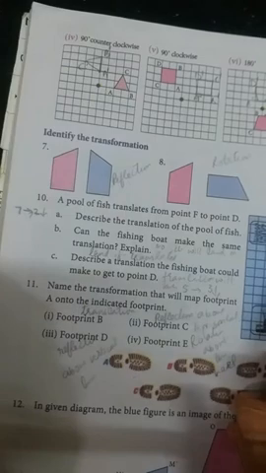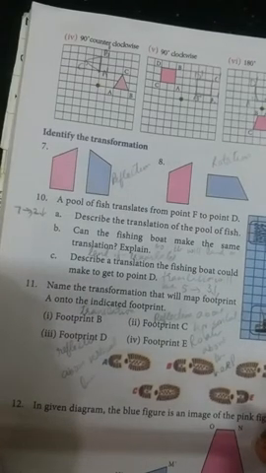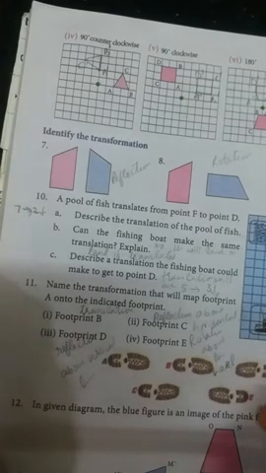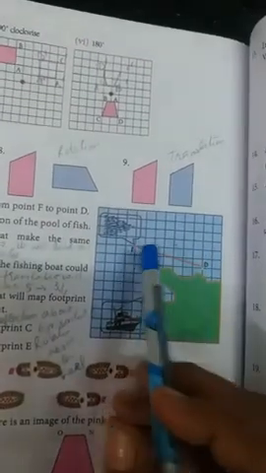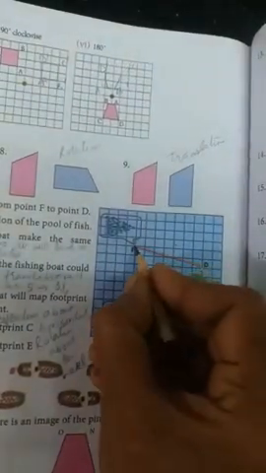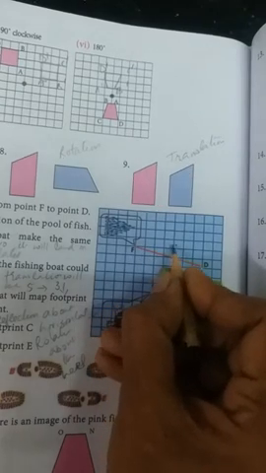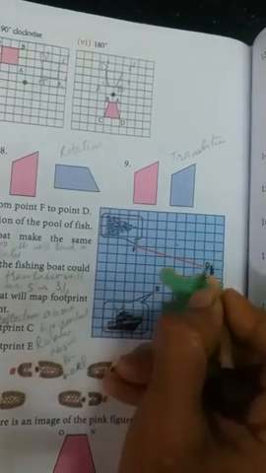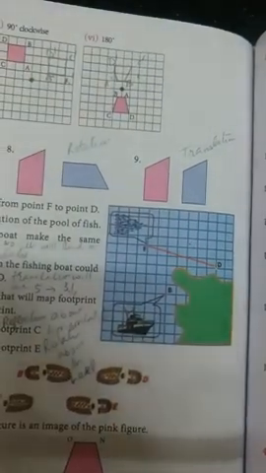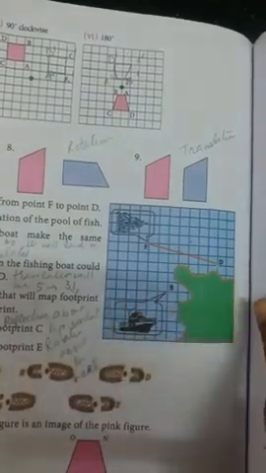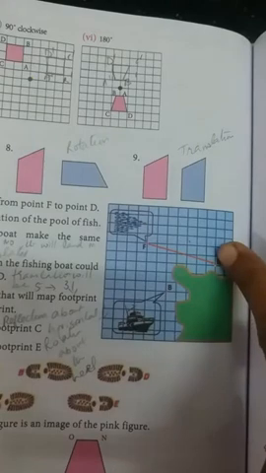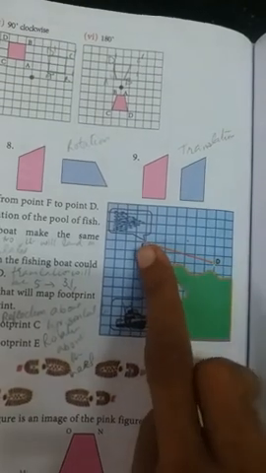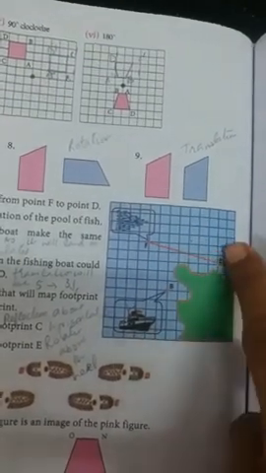Now see, where is your point F and where is your point D? So first you see how many jumps it's going. Okay, that is, see, 1, 2, 3, 4, 5, 6, 7. See here properly. When you see this, 1, 2, 3, 4, 5, 6, 7. 7 jumps and down how much? 1, 2. So what you will write for the first one? 7 jumps to your which side? Right hand side, right? 7 jumps to your right hand side and 2 jumps down. That is your new point D. From F to D, how it's going? 7 jumps to your right hand side and 2 jumps down.